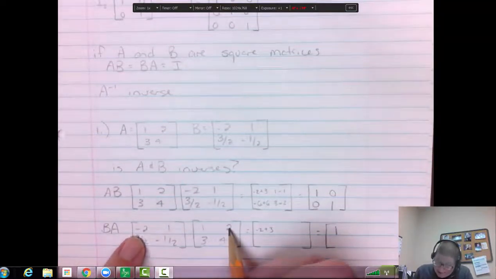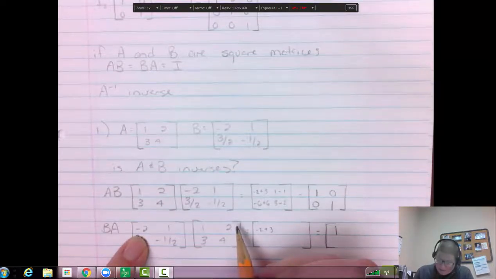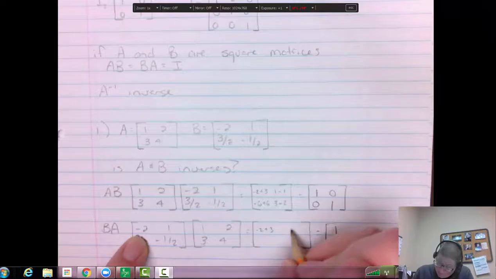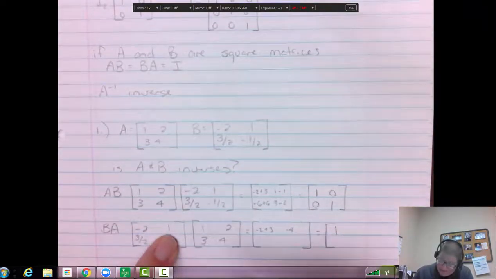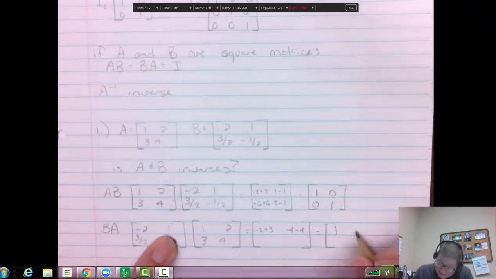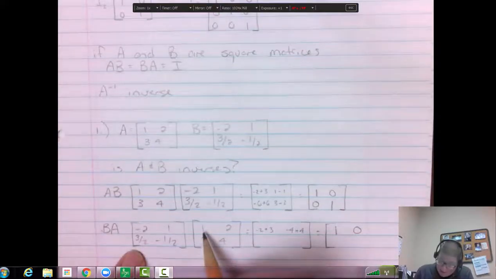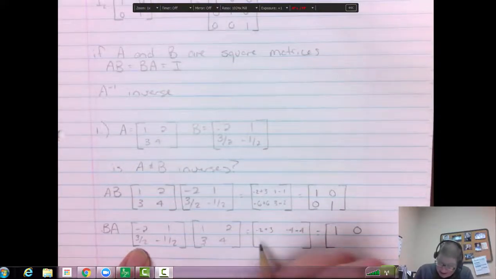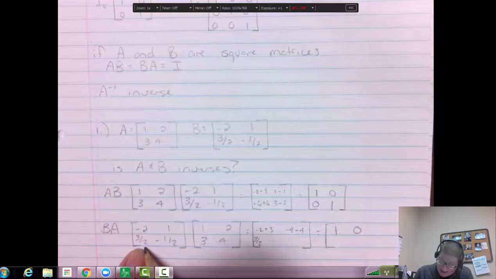And then negative 2 times 2 is negative 4. And then 1 times 4 is 4. That does give us the 0. And then 3/2 times 1 is 3/2. 3/2 times 3 is,